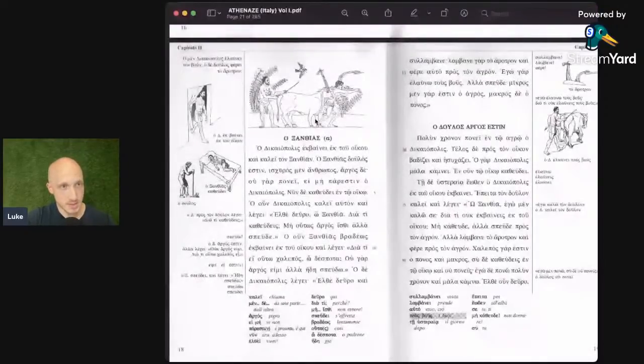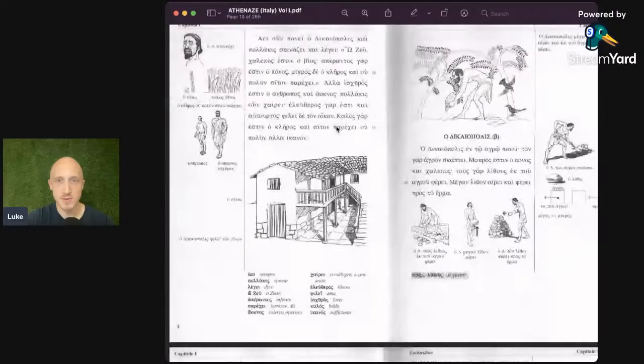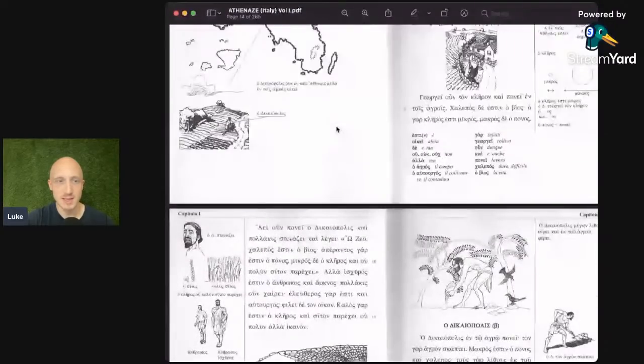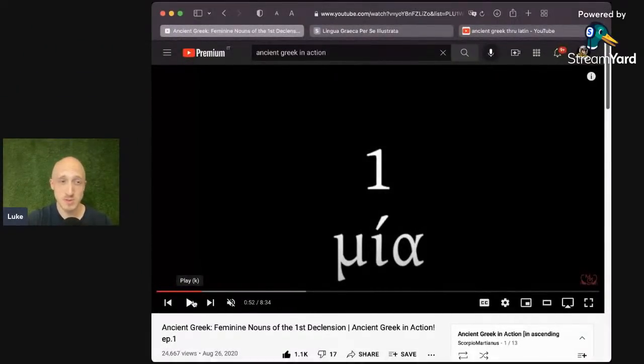So what is the method I recommend? As nice as even the UK one is, the Athenaze UK version is for native English speakers, it is highly imperfect because it starts out still pretty tough. You really should have a background in some other stuff before you even attempt, I think, the Athenaze UK. And because it is so unfriendly to, I'd say, probably most people, though it's still better than most methods,